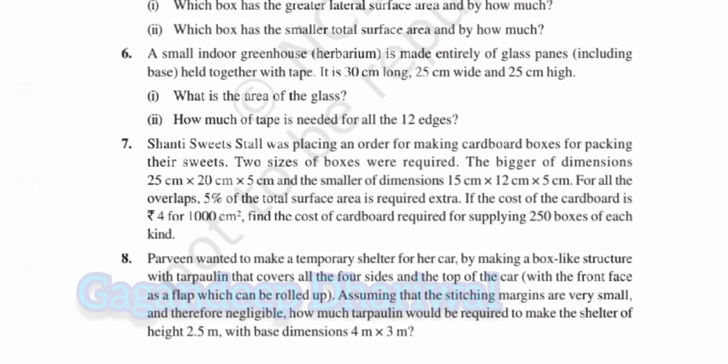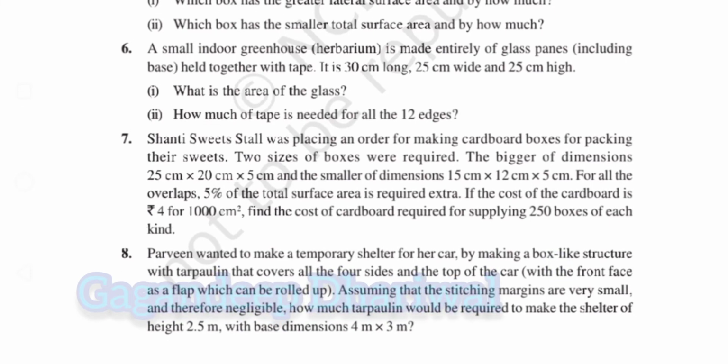There are 12 edges. In those 12 edges, 4 are length, 4 are breadth and 4 are height. How? There are two faces. In the front face there are two lengths and in the back face again there are two lengths. Similarly, if we compare the top and bottom part,